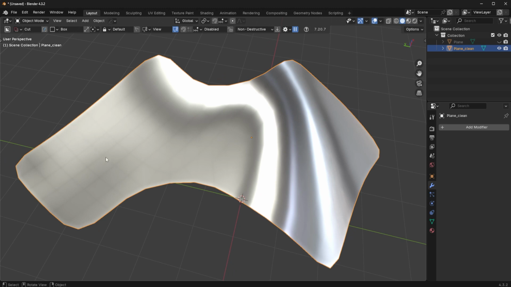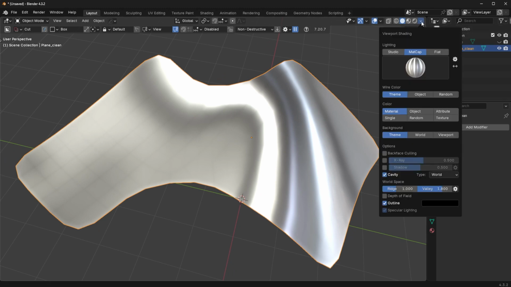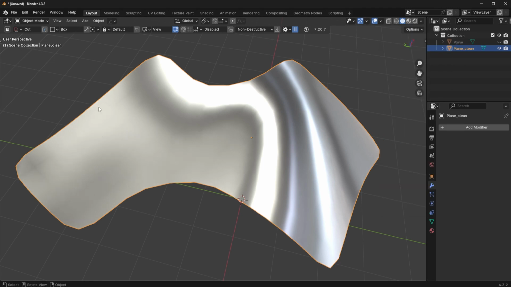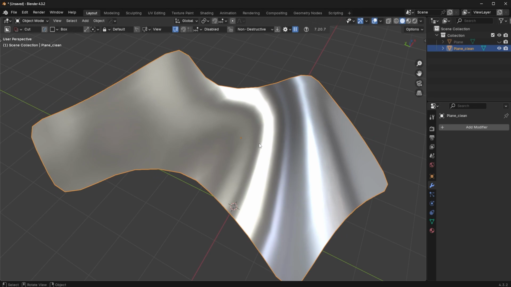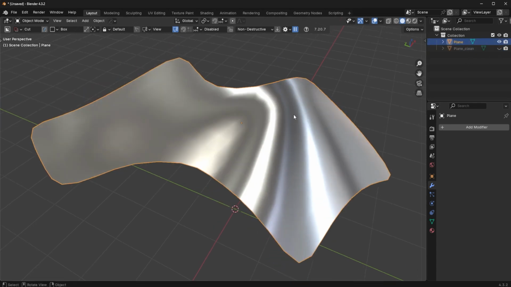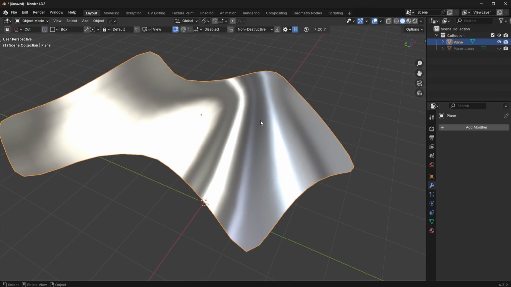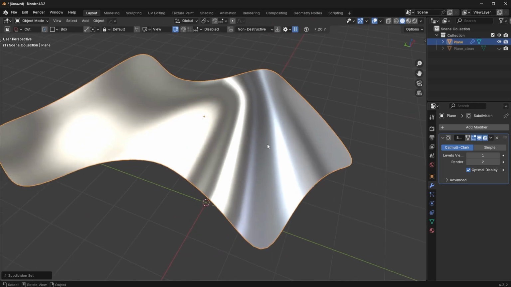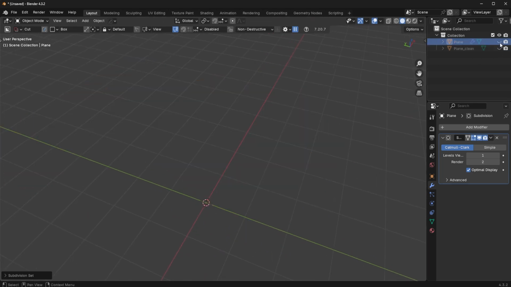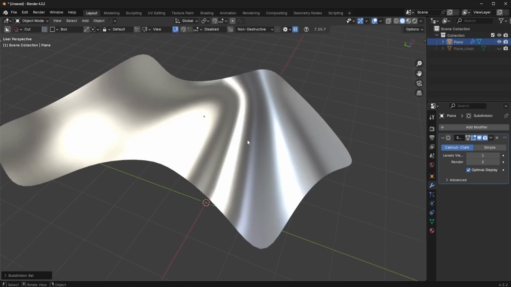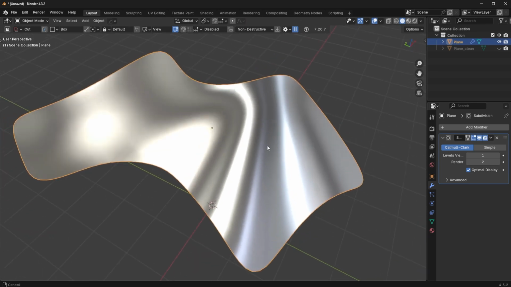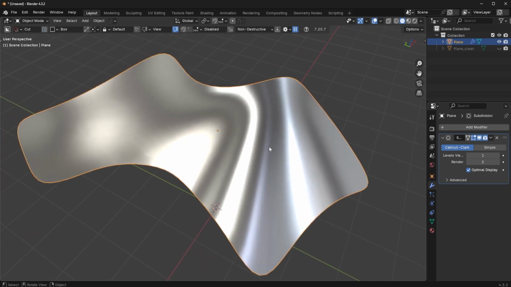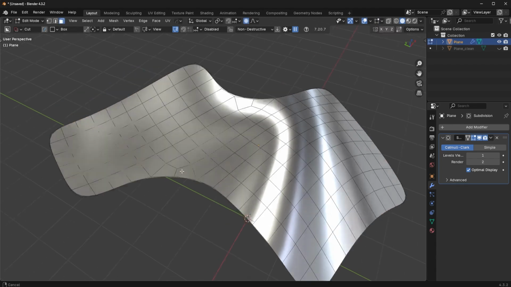Now these little edges you see right here, that's because I have cavity turned on. I'm going to go ahead and turn that off for this tutorial so it's easier to see this shape. I'm going to keep this one turned on, alright? And now I'm going to apply just one level of sub-D to make this a little bit smoother. So the first thing I want to do here is maybe we'll go over here,